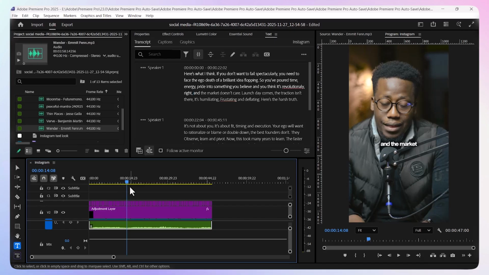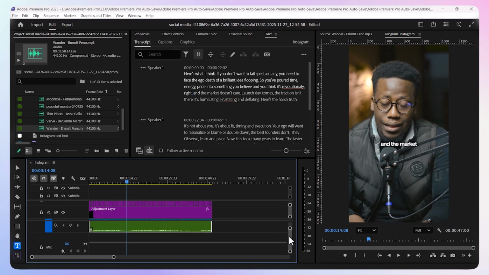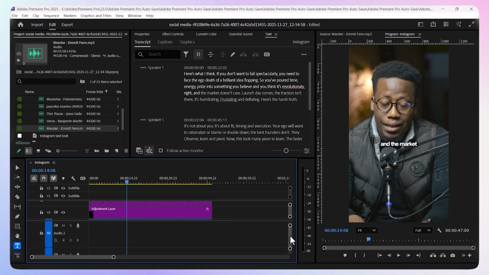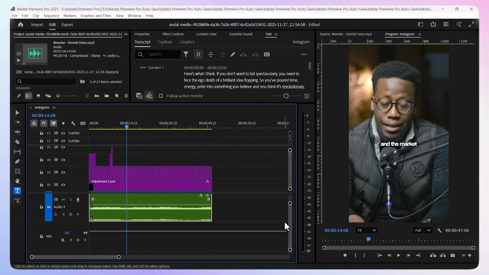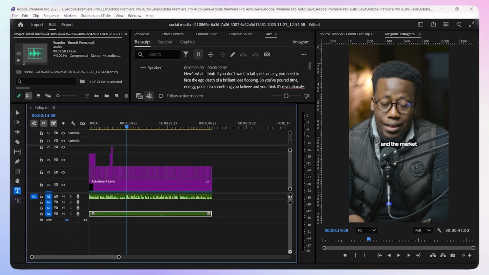We can make it one sequence once you finish editing, of course. You can make it nest. Then you can come here and go to effects,